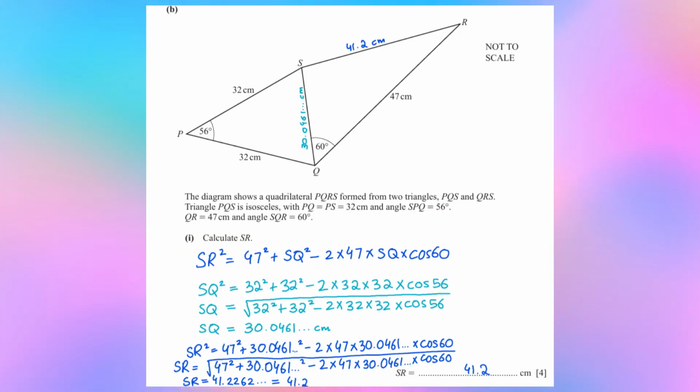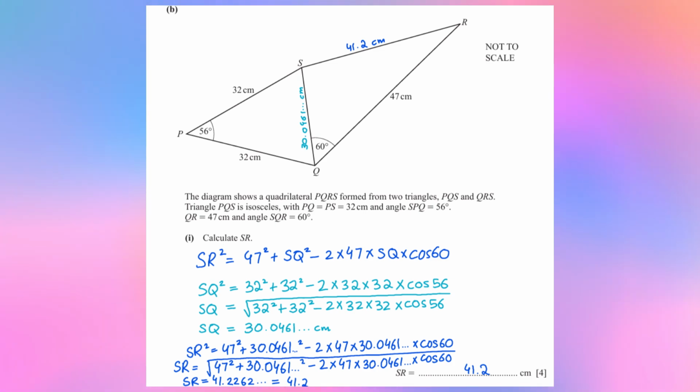It says the diagram shows a quadrilateral PQRS formed from two triangles, PQS and QRS. Triangle PQS is isosceles, with PQ equals PS equals 32 centimeters and angle SPQ equals 56 degrees. QR equals 47 centimeters and angle SQR equals 60 degrees. Calculate SR. As you can see, to find the length of the side SR, we can use the cosine rule